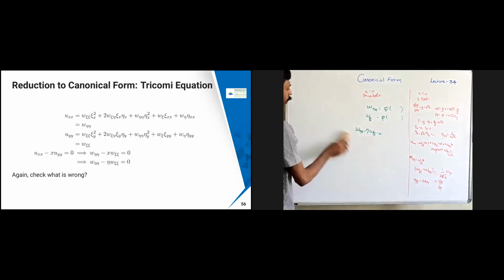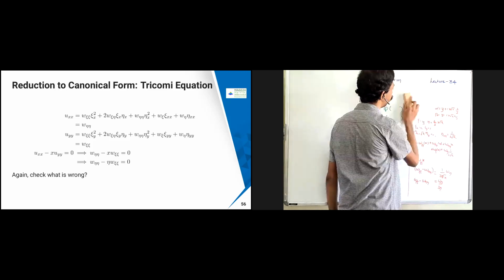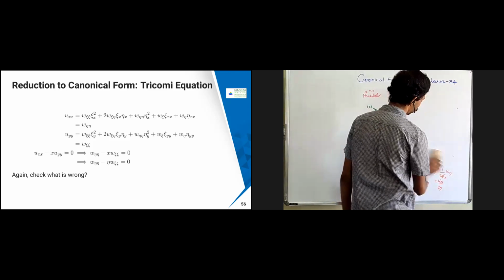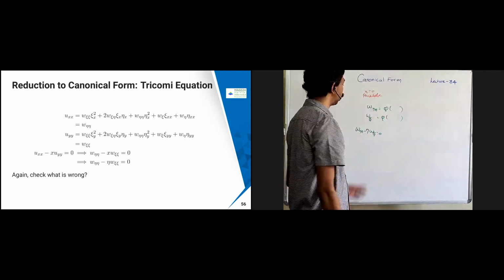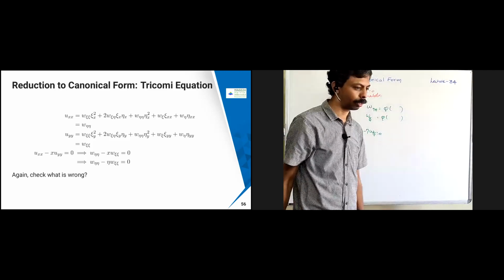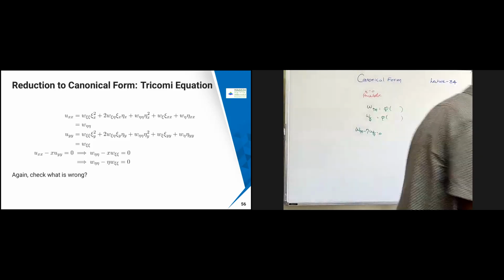You can just say something like, maybe we just replace x as eta. But x is already 0, therefore eta is 0, therefore it is 0. So this is not going to solve it. Yes, that's the answer. Thank you.